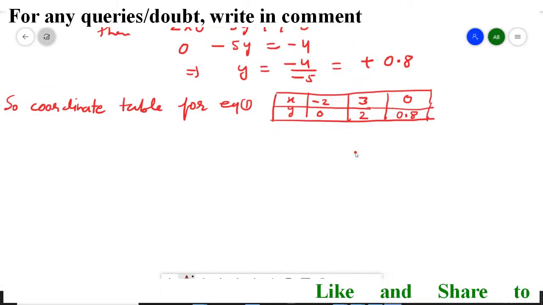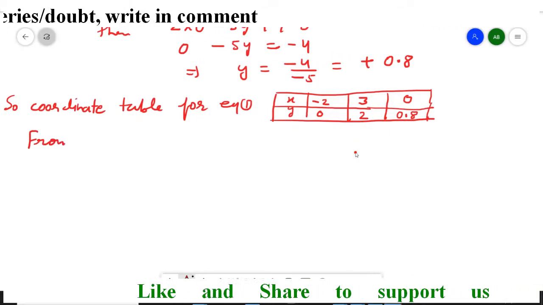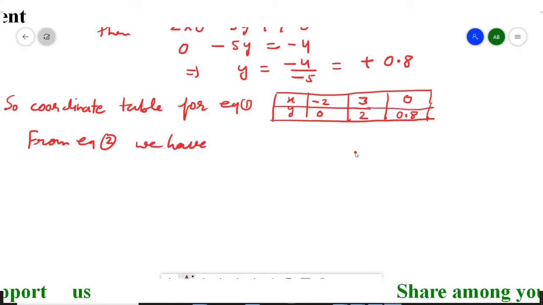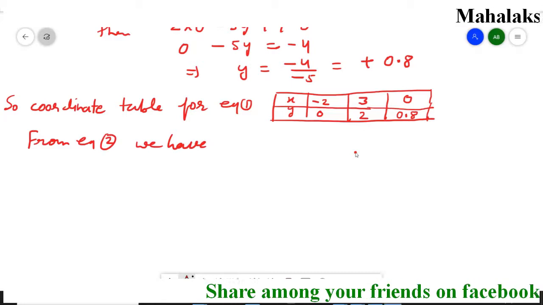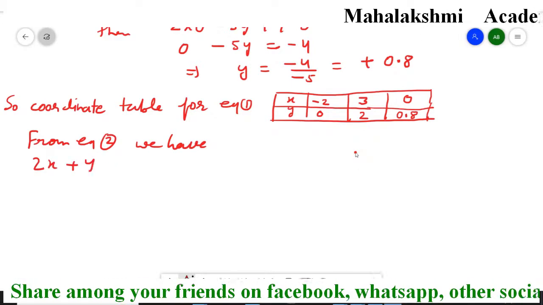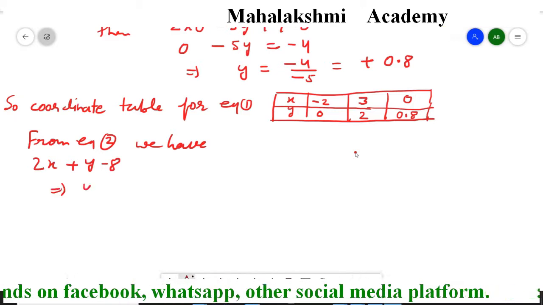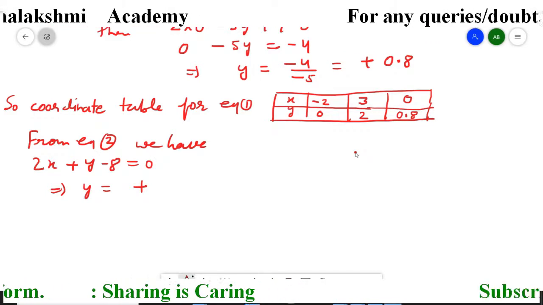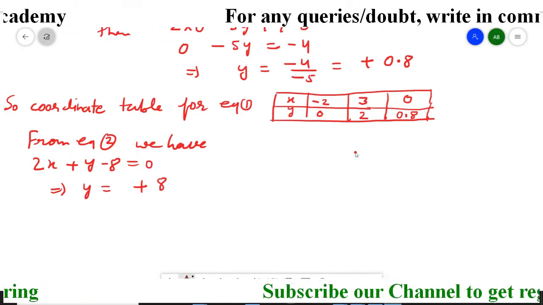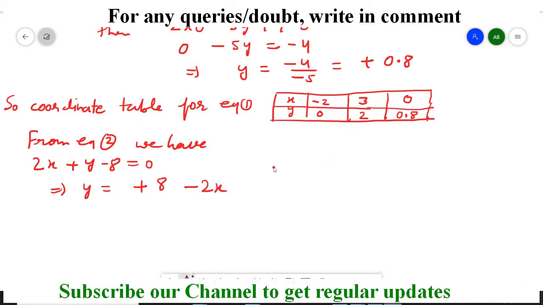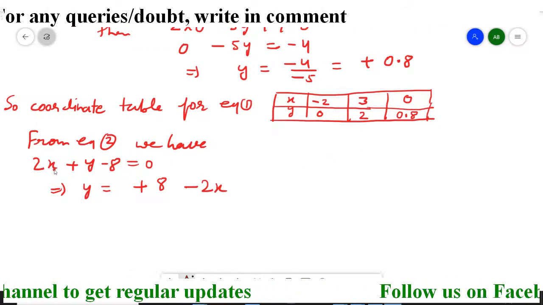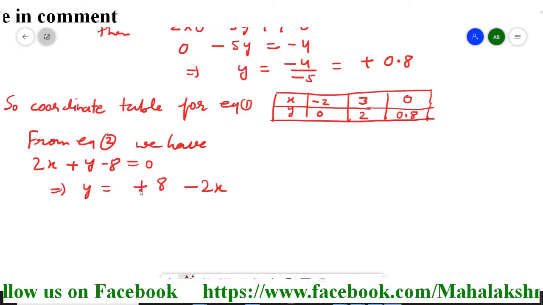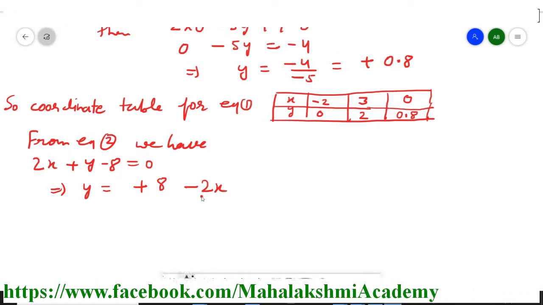Now in the same way we are going to get for the equation second. So we write here from equation second we have, equation second which is available is 2x plus y minus 8 equal to 0. From here y is going to be, we'll shift minus 8 to the other side, so it's going to be plus 8 and then minus 2x. I kept y on this side, this 2x I shifted here and 8 also I shifted. So when 8 shifts, its sign is minus, so it's going to be plus, and when 2x shifts, it's going to be minus.